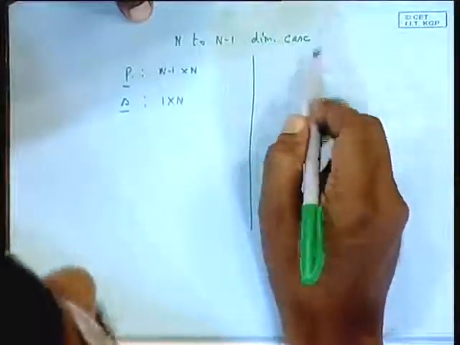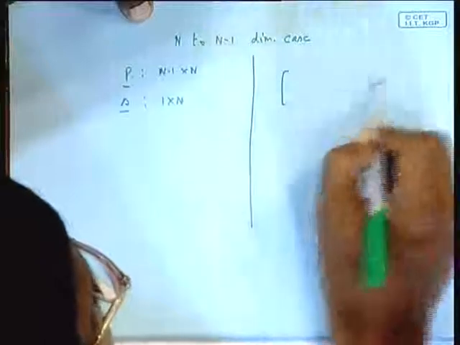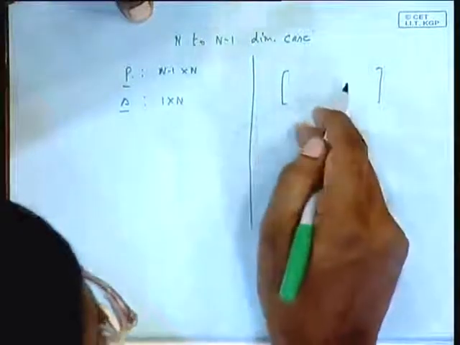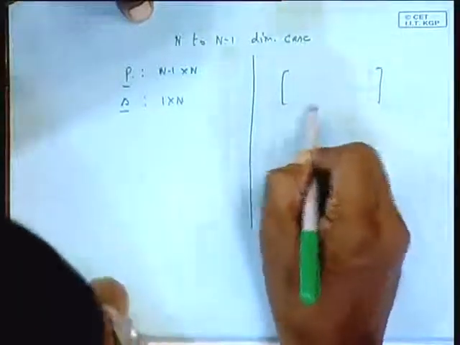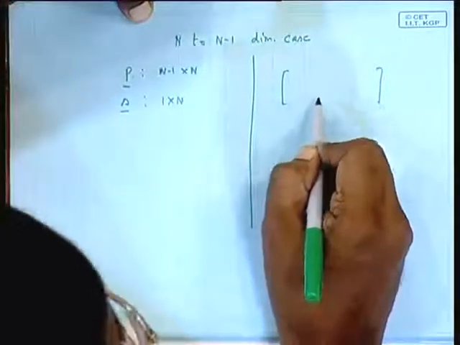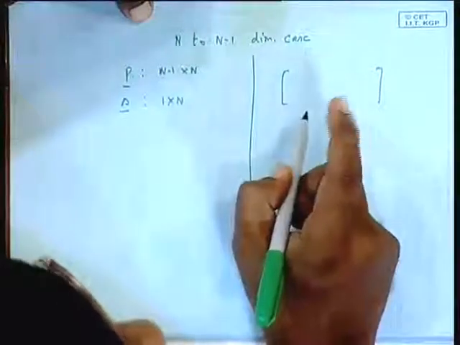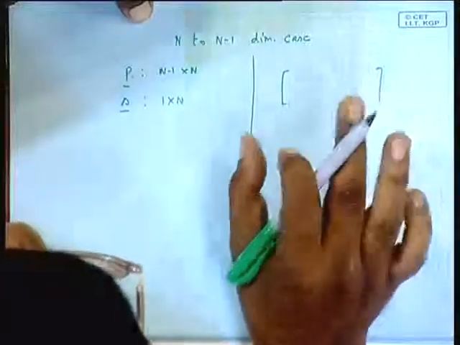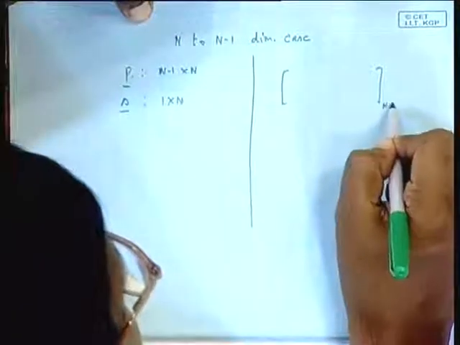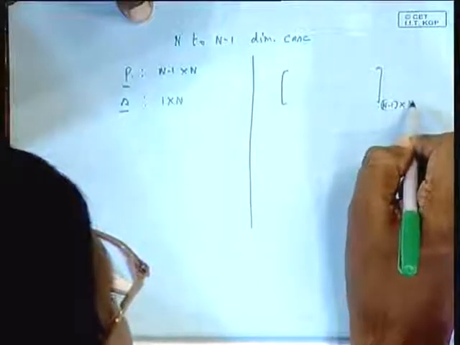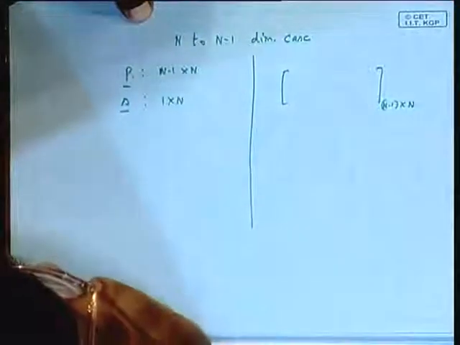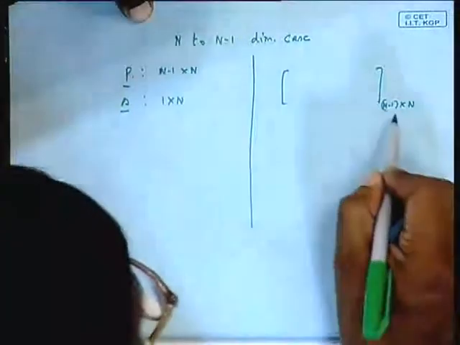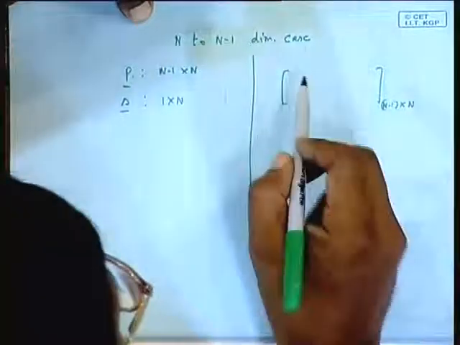How to choose P? I give a constraint like I did before. You choose P so that you have a square matrix of size, earlier it was m cross m, now it is n minus 1 cross n minus 1, which is full rank. It is n minus 1 cross n. So, you choose